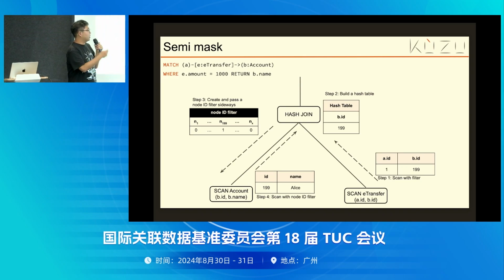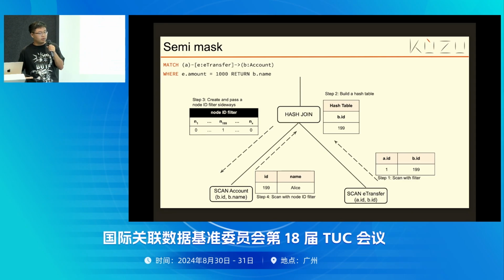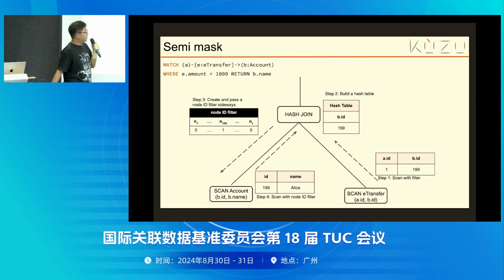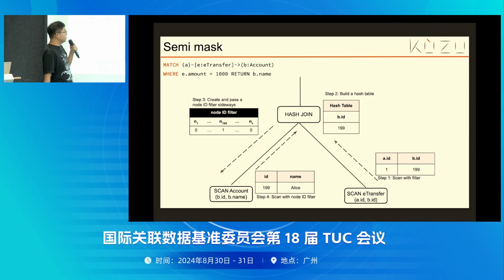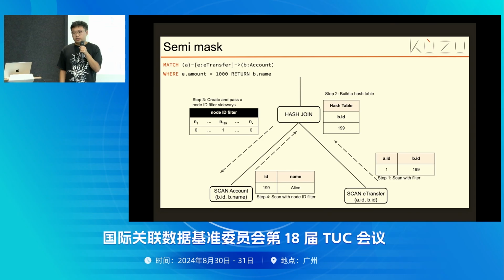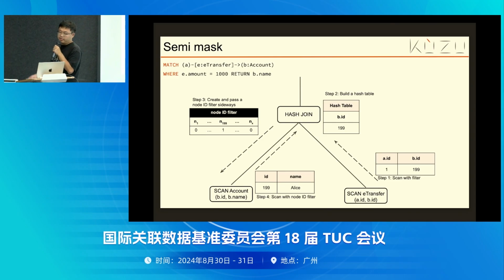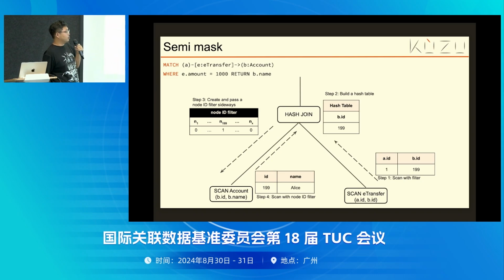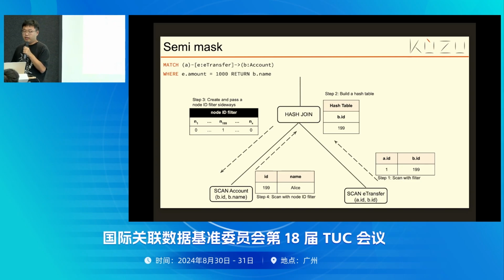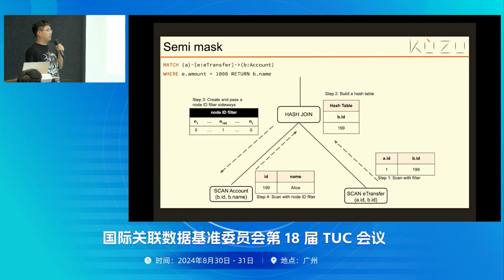And when you build the hash table, you have this notion that you are only going to materialize the 199 on your hash join build. So you could potentially pass that information to your probe side. So when you scan the account table, you're able to tell the operator, actually only 199 matters to me. So when you scan the table, don't scan the entire account table. Just scan the row that matches 199. So by utilizing this semi-mask with sideways information passing, we are able to scan a lot less data in most of the queries with predicates.